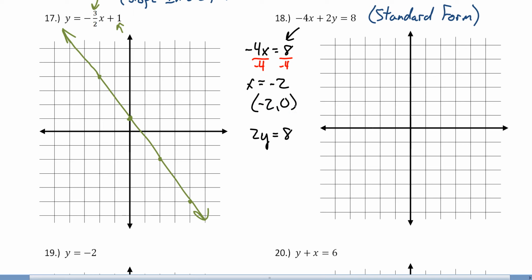And then I plug my 0 in for x, and I solve for y. So I'm going to find the y-intercept here, divide each side by 2. And I find out that y equals 4. Once again, I write that as an ordered pair, that's (0, 4). And now I just plot each of those. (-2, 0) is right here. (0, 4)